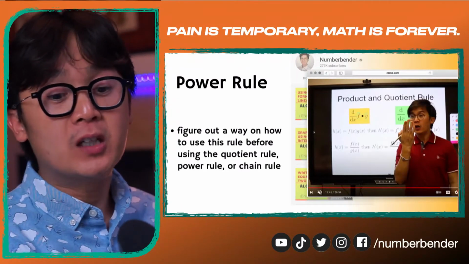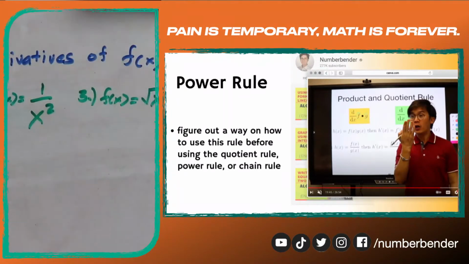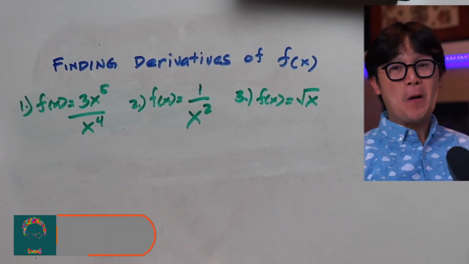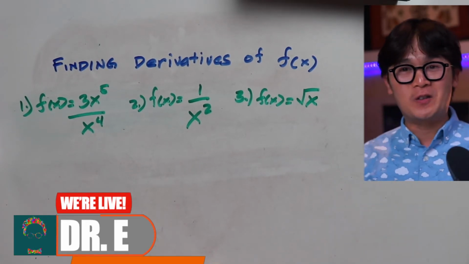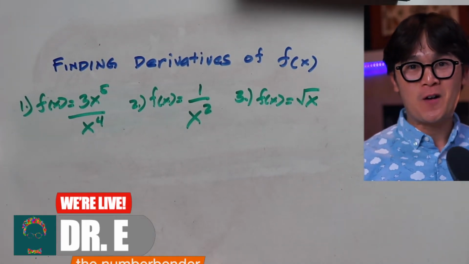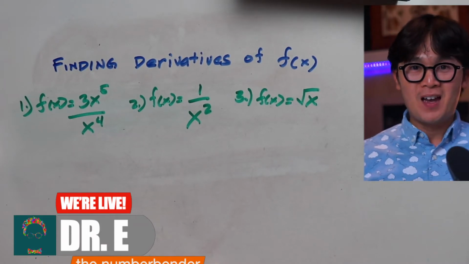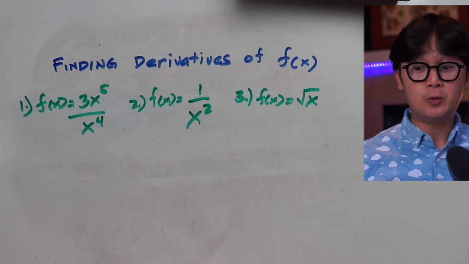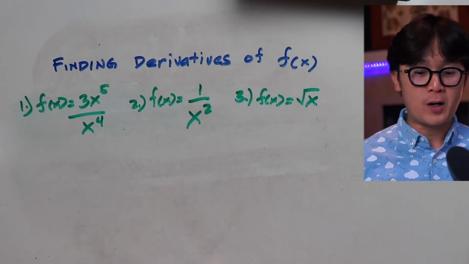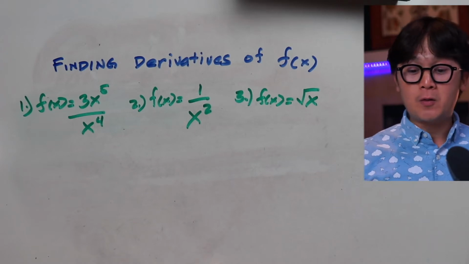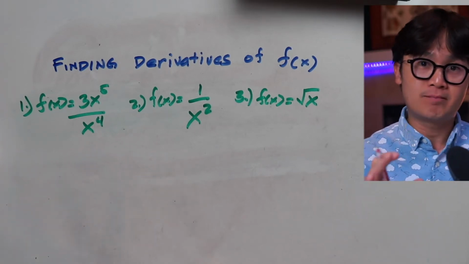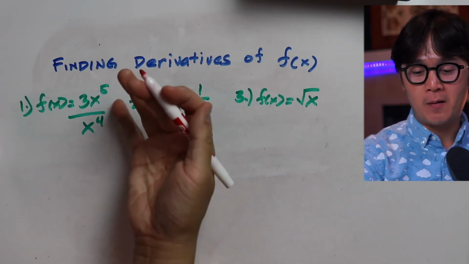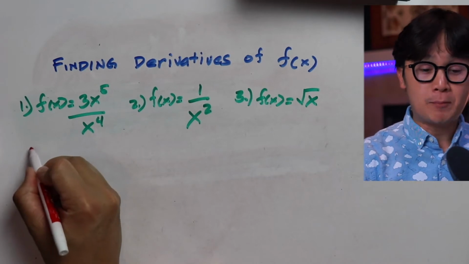And that will be some of the examples that I'm going to be sharing with you here, when I show you my problems similar to this one, 1, 2, and 3. Some of the problems here, if you are a student of calculus, you would quickly conclude that you're going to be using the quotient rule for number 1 and number 2, and for number 3, probably the chain rule right away. But I'm just going to share with you that by a quick algebra step, problem number 1 will go from the quotient rule